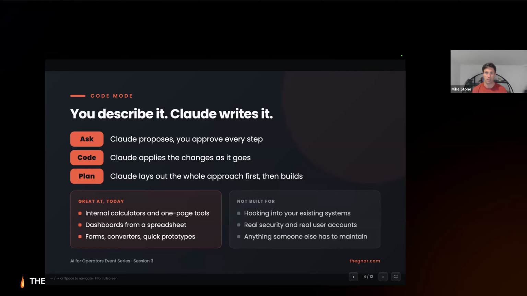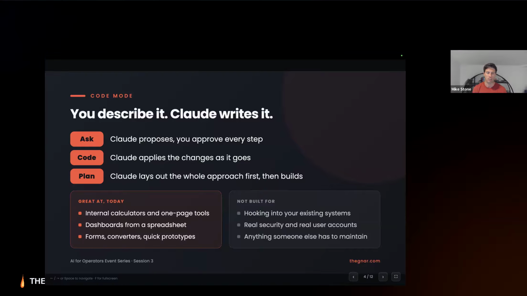This is what people mean if you've heard the term vibe coding before. This is vibe coding. There's going to be three sub modes within Claude Code. We'll be primarily working in an auto mode where Claude will just make decisions and produce code, as well as a plan mode where Claude will actually outline the approach first. And then once we approve that approach, it'll execute it. So I'm going to start in plan mode today so we can see Claude's approach, and then we'll switch to code mode for the build. And that's a best practice when vibe coding in general.